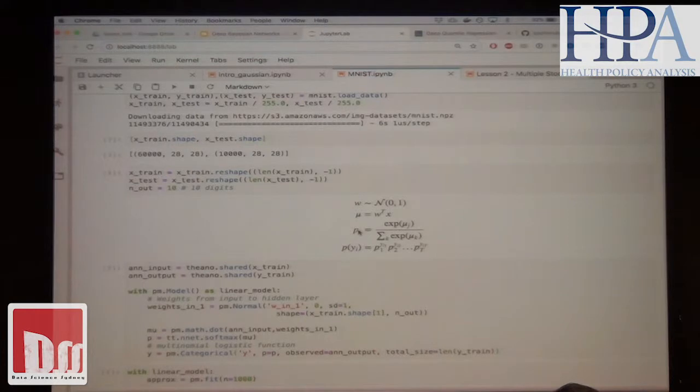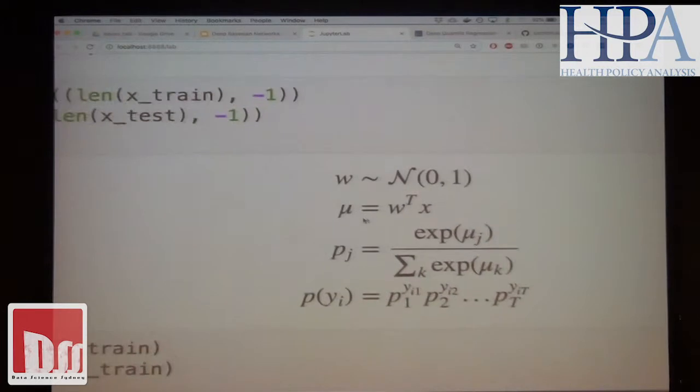Okay, so in this example, I'm going to be looking at the MNIST dataset. Everyone's aware of what the MNIST dataset is. It's a handwritten dataset, digits 0 to 9. It's 28 by 28 pixels, and what I do is I flatten that, so it's a big mix, 780-something pixels. I'm just going to be doing a multinomial regression.